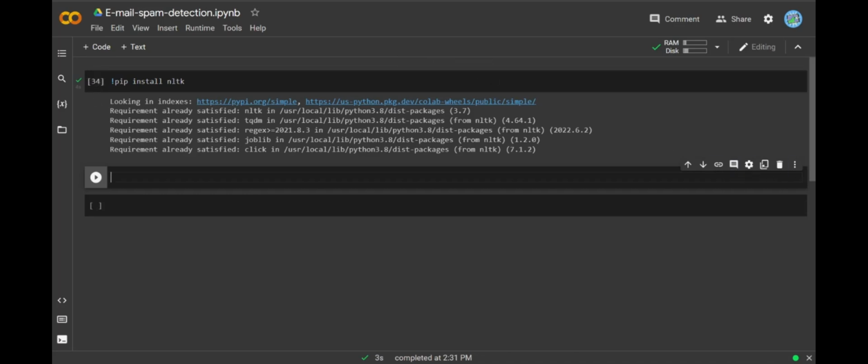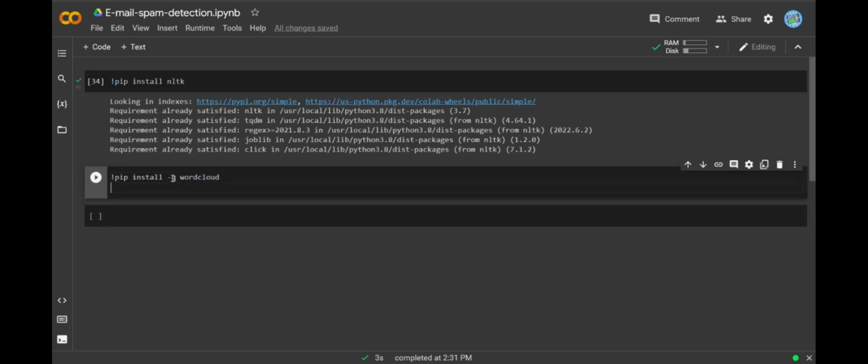Okay, now NLTK has been installed. Now let's install the important packages. We will be working with word cloud graphs. As you might have seen, a word cloud is a graph made up of words, and if a word occurs most of the time in your vocabulary or dictionary, that particular word will have a larger font compared to words that have occurred very few times. And the words that have occurred fewer times will have a very small font. Now for installing wordcloud, we just need to do pip install -q wordcloud. So this should be a hyphen. After installing the word cloud, the next step is to import NLTK